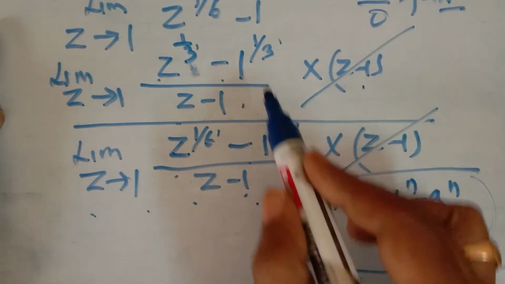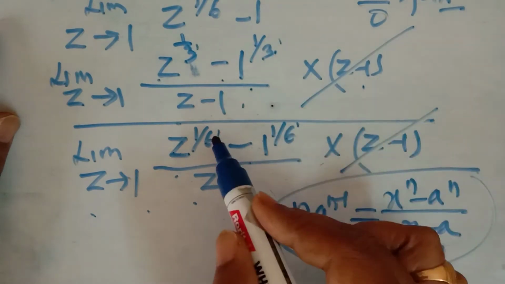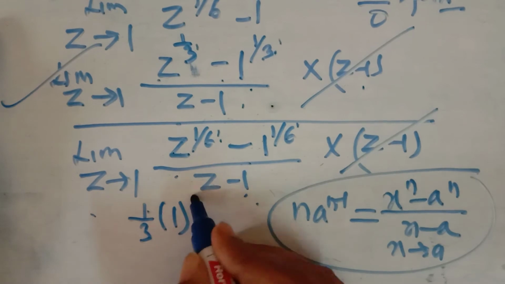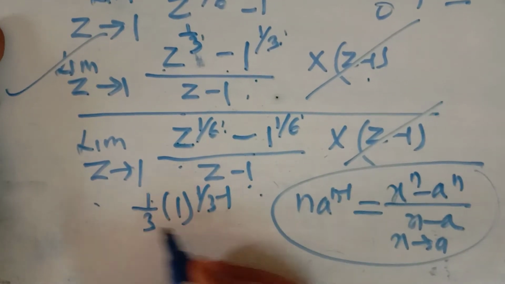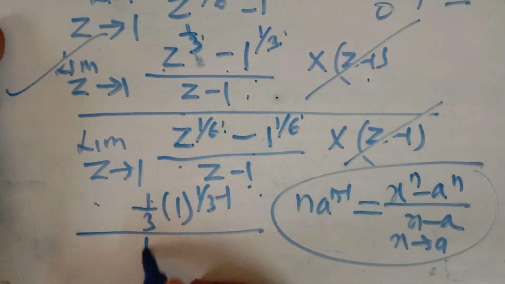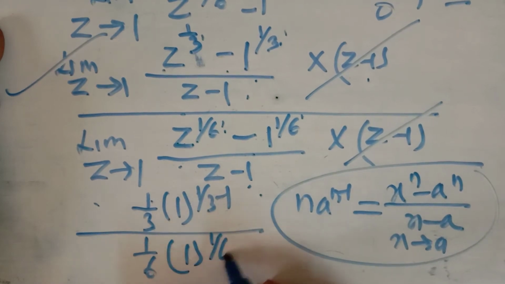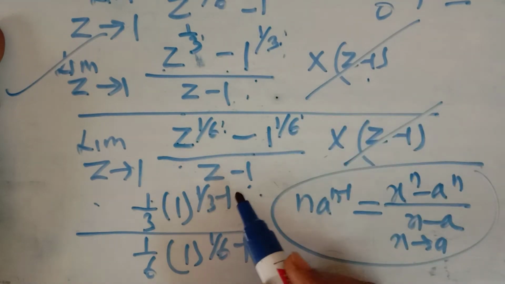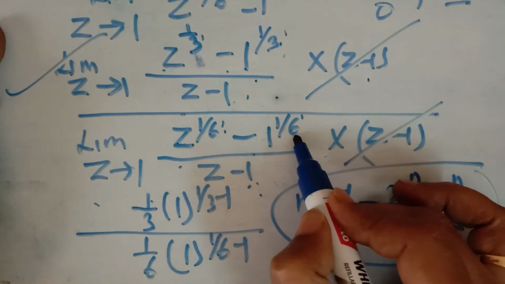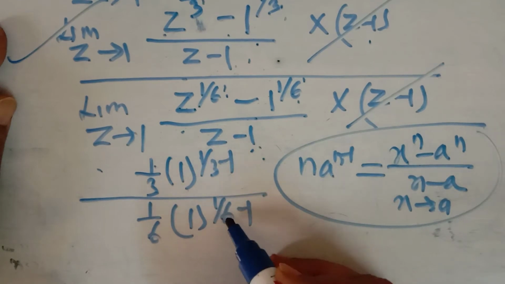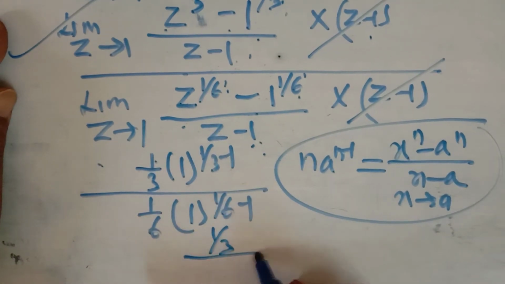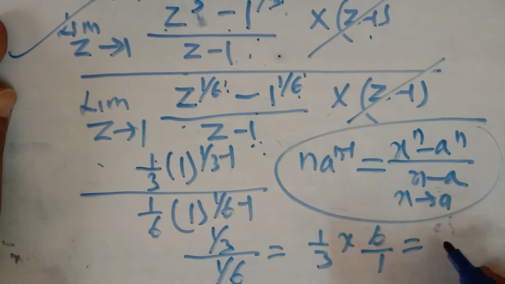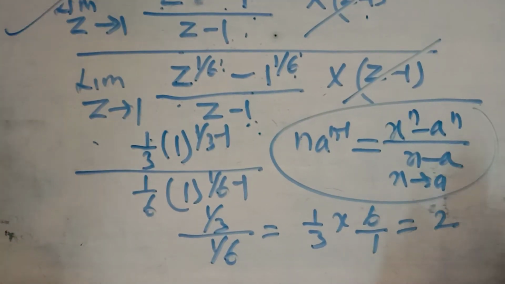a यहाँ पर 1 है, यहाँ पर भी 1 है, यहाँ पर n 1 अपॉन 3, यहाँ पर n 1 अपॉन 6. तो पहले न्यूमरेटर में लिमिट लगाइए n a की पावर n माइनस 1. In the denominator also use this limit n a की पावर n minus 1. न्यूमरेटर में a 1 है और n 1 upon 3 है. In the denominator a is 1 and the n is 1 upon 6. तो 1 की पावर समथिंग हमेशा 1 ही रहता है. तो 1 upon 3 डिवाइडेड बाय 1 upon 6, 1 upon 3 रेसिप्रोकल करके मल्टीप्लाई. So the limit of this function is 2.